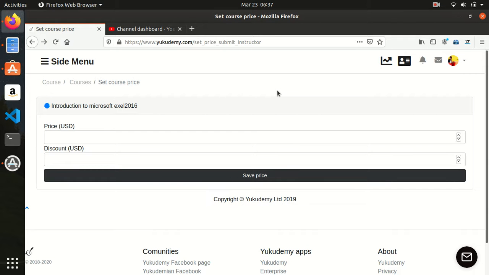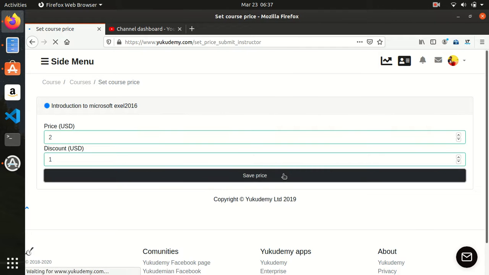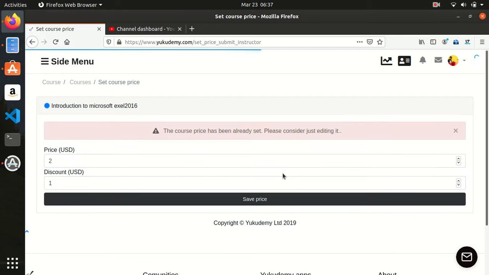Alright, we had some interruption with our network, but I think it is back now. We were saying if you set this to 2, then when you're done setting this, you can now save the price. So if I save this,